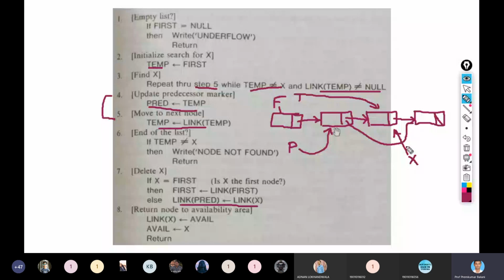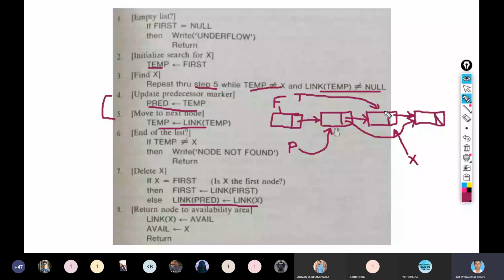Right? Let me draw it more. The link of predecessor is now pointing to the link of x, so this node will be pointed. Okay, and now you see this link is updated and this node is now deleted.